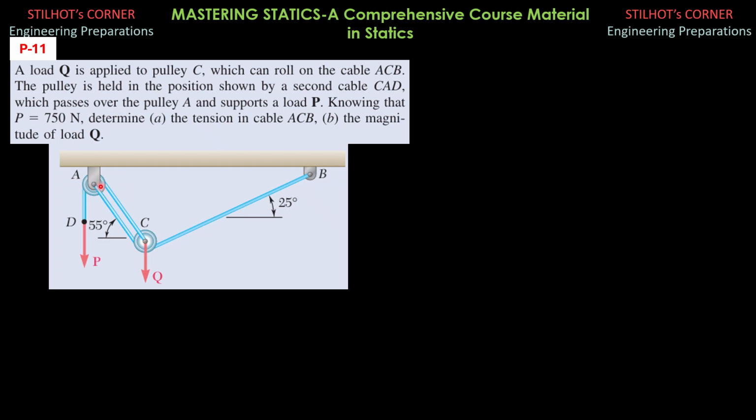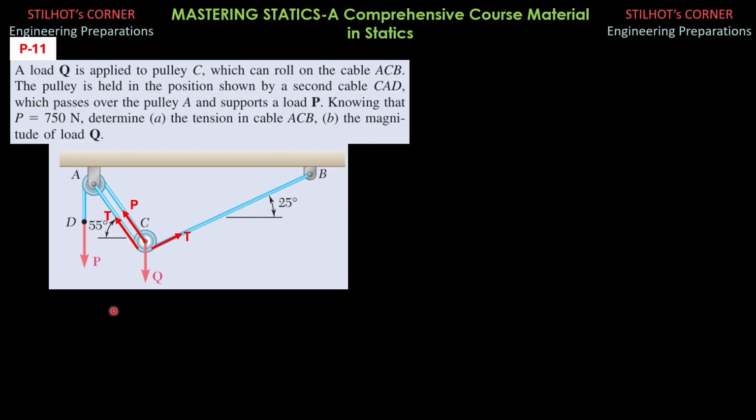So that means, because the pulley is assumed to be frictionless, we are not yet on that topic, the tension here, P, is also the tension in this portion, CA. So labeling the tension in ACB as just T and the tension in CA as P as shown, then we